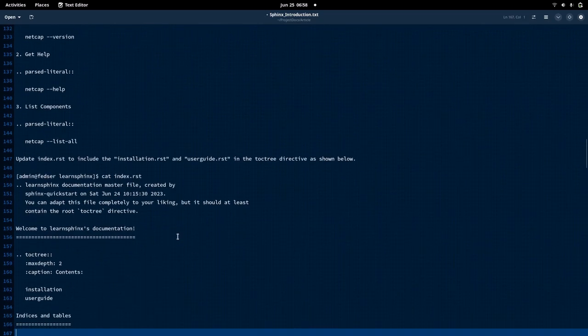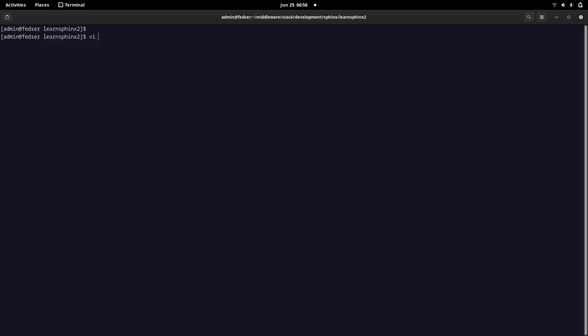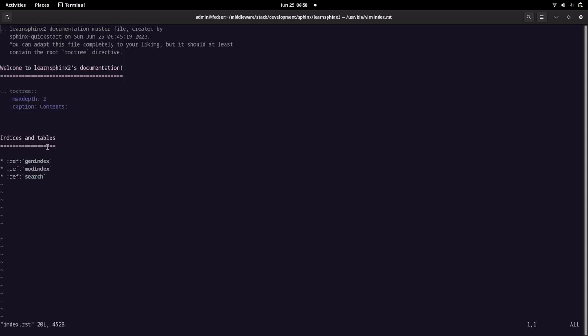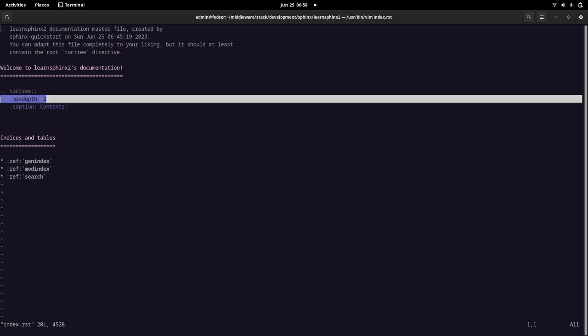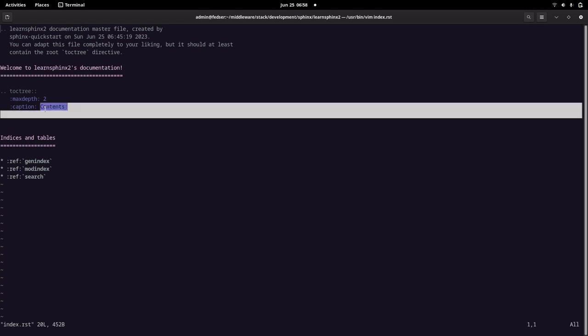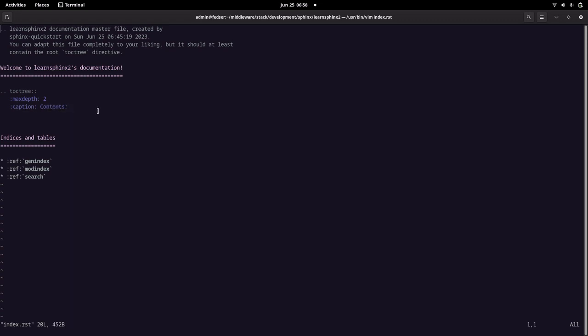And now we need to update our index.rst file so that it can refer to those documents. Okay, so in our index.rst file, you can see we already have a table of contents tree directive present with max depth of 2, and the caption is Contents. Okay, so in order to refer to those two documents that we have created,